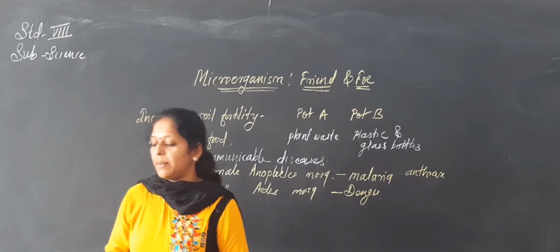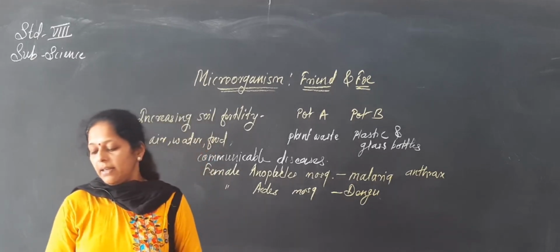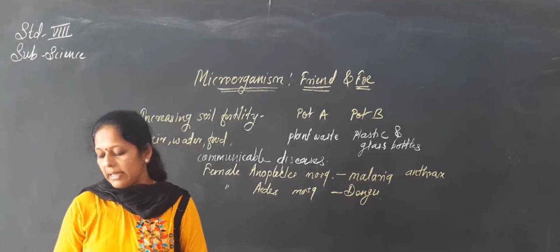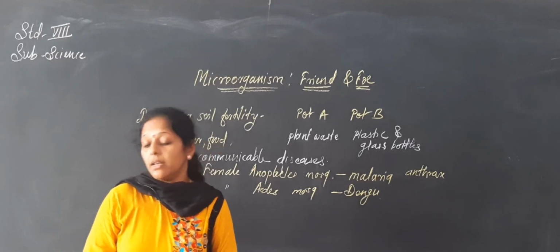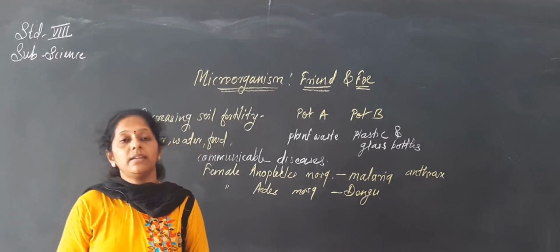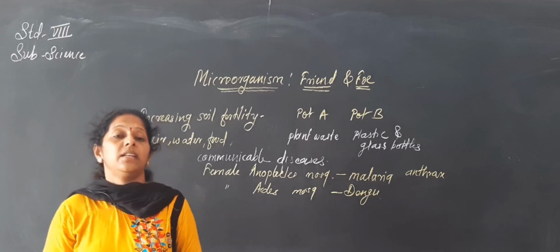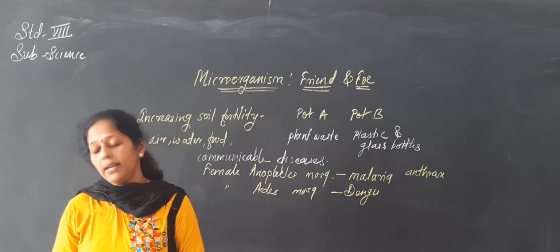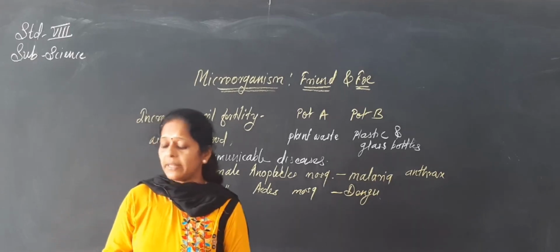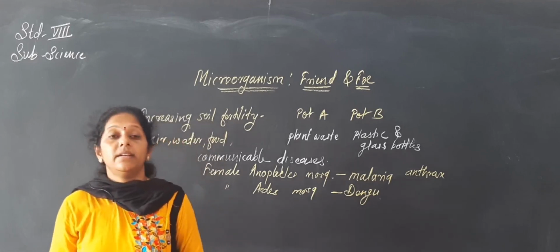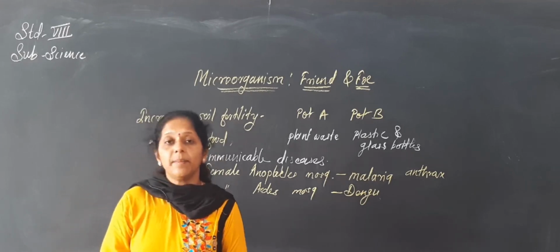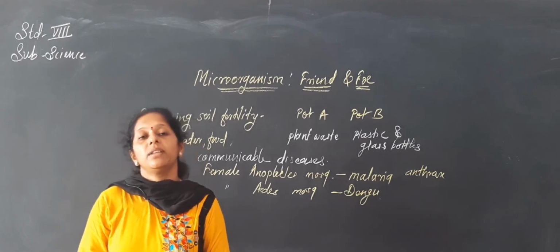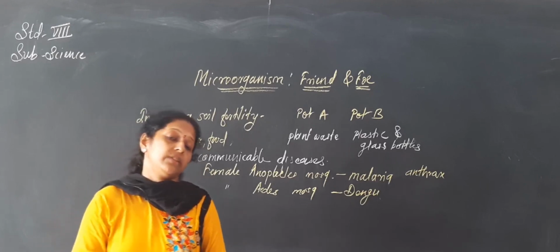Among plant diseases, citrus canker is spread by bacteria through the air. Rust of wheat is caused by a fungus, and it spreads through the air and the seeds. Yellow vein mosaic of bhindi is caused by viruses and spreads through insects. So these are plant viruses and diseases, and also the animal viruses and diseases which cause illness in human beings, animals, and plants.